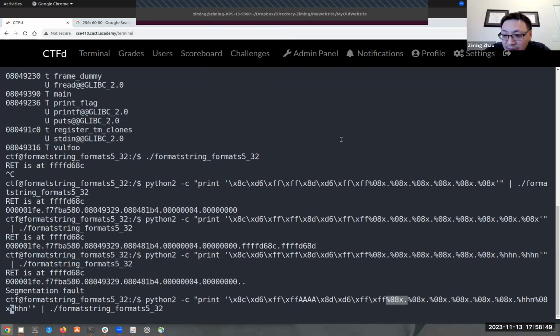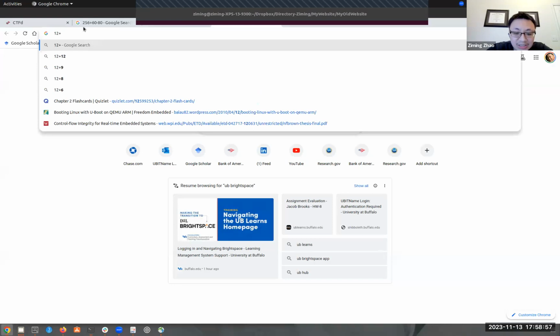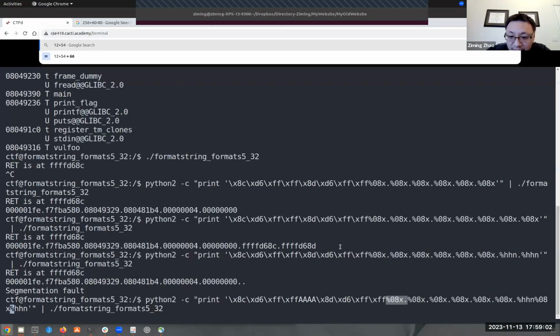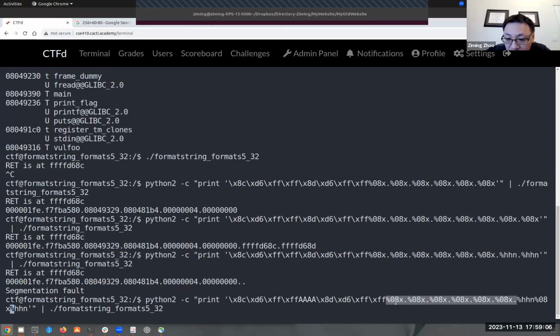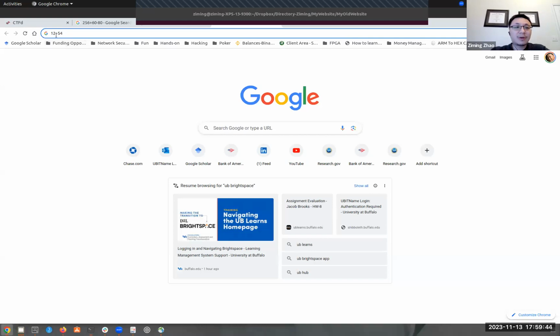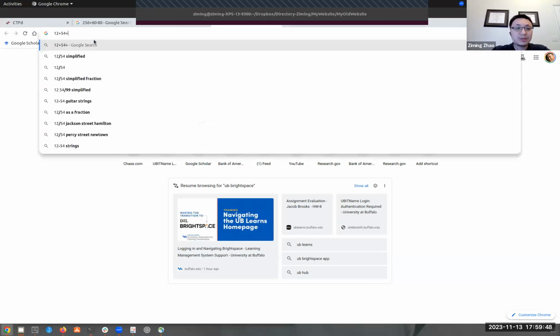That's already 55 bytes, right? So far we have been doing 12 bytes plus 54 bytes, because every one of these is 9 bytes, because the address is 8 and there is a dot. I put a dot there. We can remove that, but if we do that, everything will be together. We don't know what is what. Since we have 6 of them, these are already 54 bytes. Which means now we have already written 54 plus 12 bytes, but we only want 54, which means then we can add another